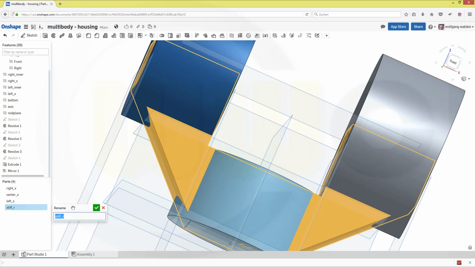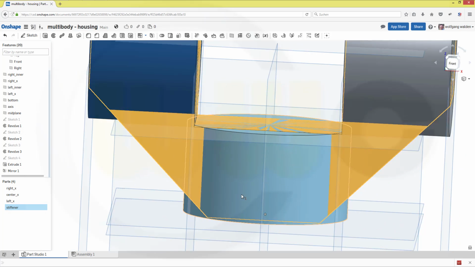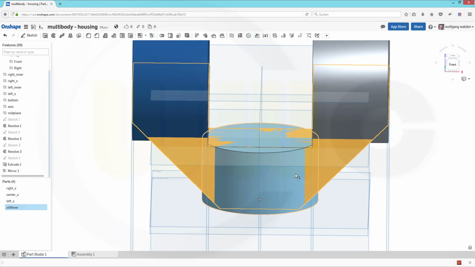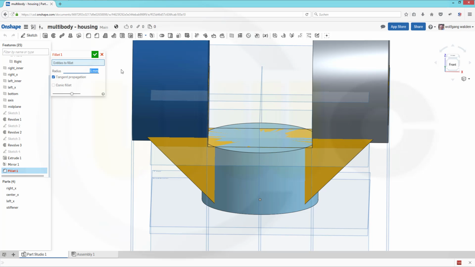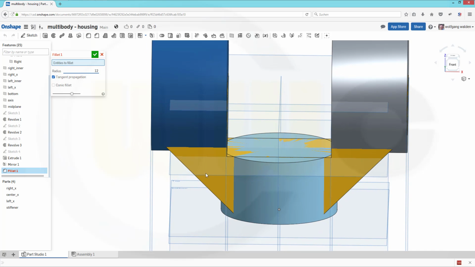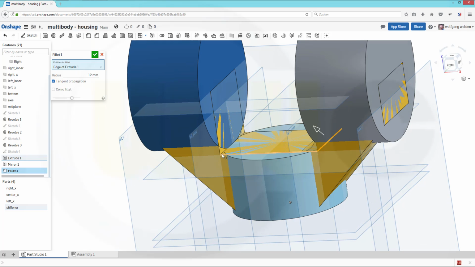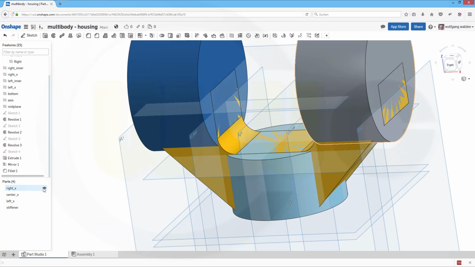So let's rename this one. Okay, so another advantage right now is I could edit these parts or bodies all by themselves. So what I will do next, I will add some fillets. Therefore I could hide the parts or bodies, or I could just leave it right there, doesn't matter. So let's go for fillet. I need a fillet which is 12 right here on that body and that edge. Same over here, and confirm. Maybe I hide these so it's